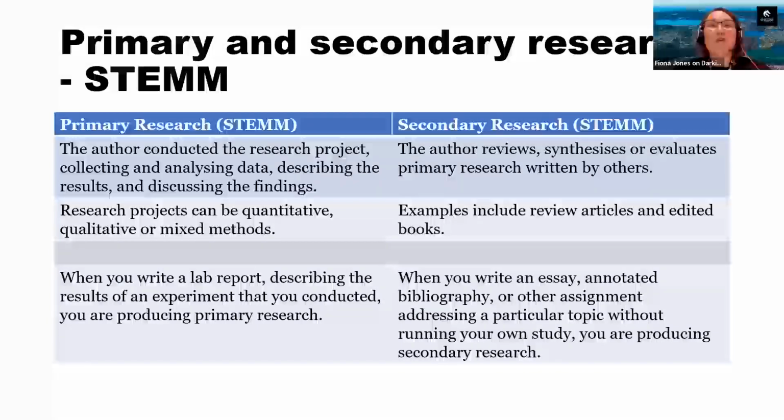And so for you as a student, if you were, say, writing up a lab report, so you'd done an experiment in one of your classes and you had to write up a report describing what your method was, what your results were, and writing some sort of conclusion, then what you're producing in the STEM fields is primary research. Secondary research, however, is when the author reviews, synthesises, or evaluates primary research written by other